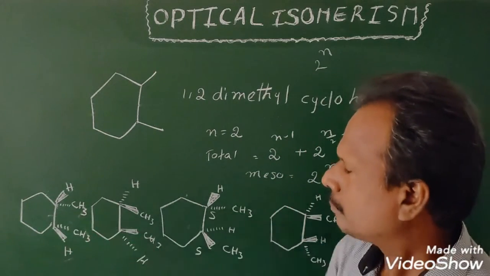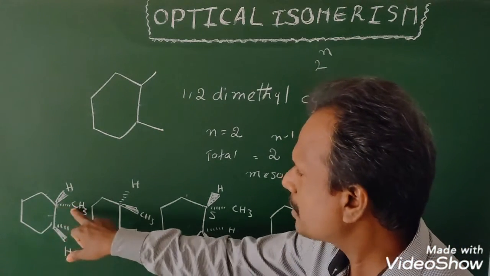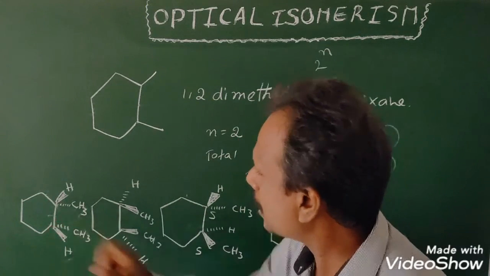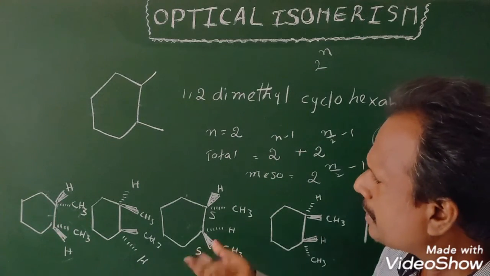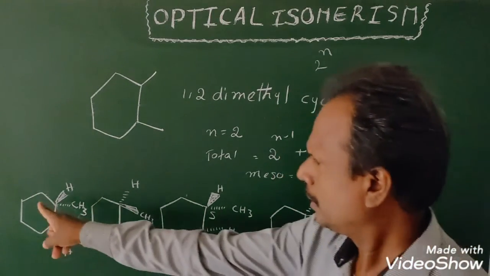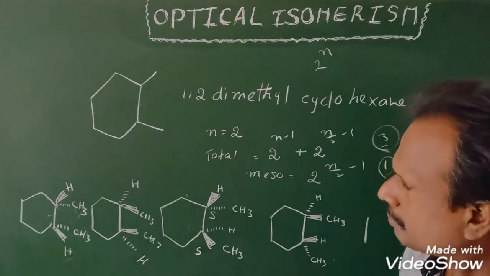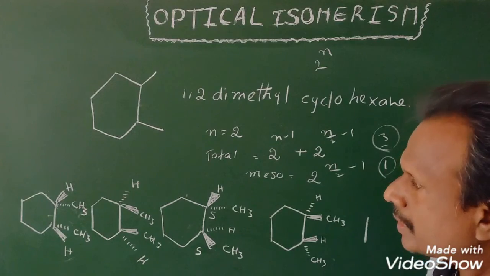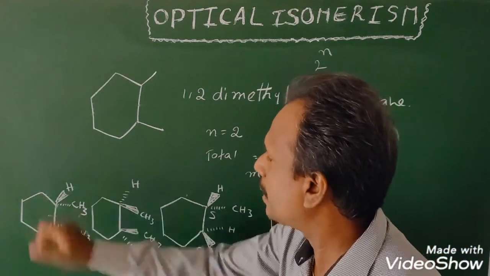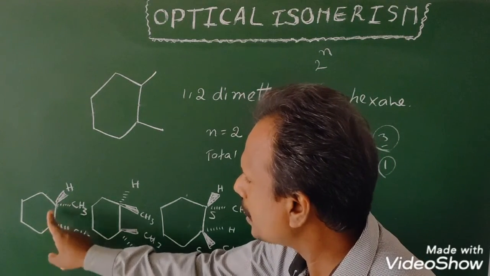According to CIP rules, which is first one? Here the linking atom is carbon in this group. Here H. In this group, here carbon. It is also carbon. Next, if atom is same, then hybridization. What is the hybridization of this carbon? sp3. It is also sp3 carbon. It is also sp3 carbon. Hybridization also same. Then we go to nature of carbon. It is primary carbon. It is secondary carbon. It is tertiary carbon. It is linked to 3 carbons. So priority will give to tertiary carbon.